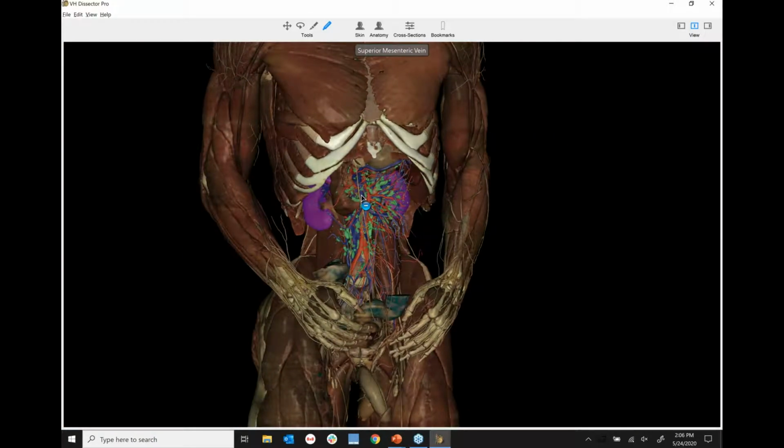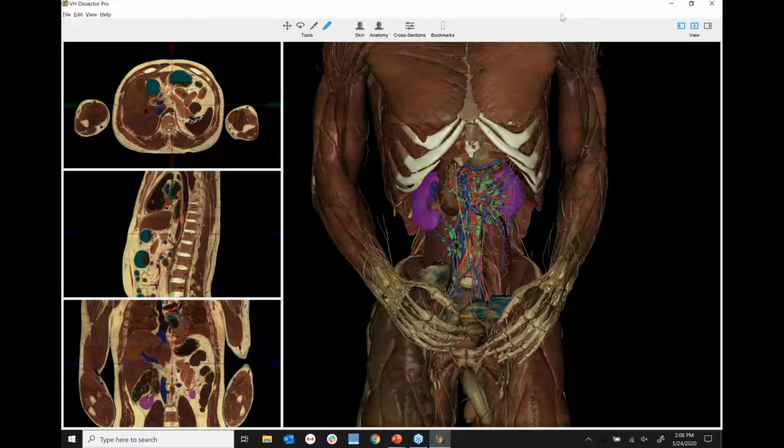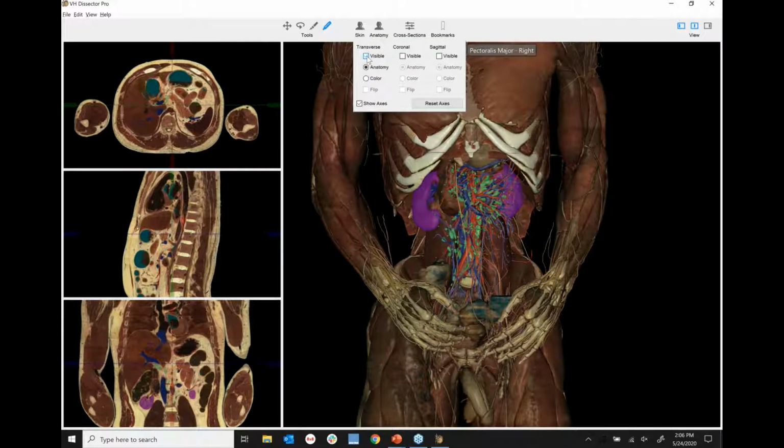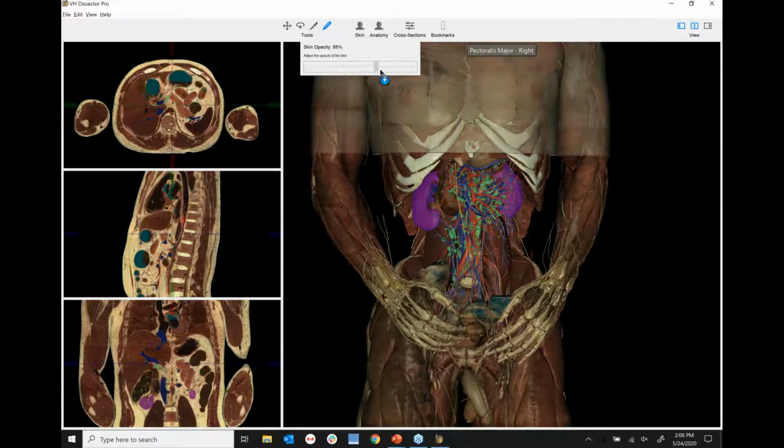As we're learning anatomy in the 3D body, oftentimes we're going to start looking at it cross-sectionally as well. So with the VH Dissector software, we have this nice ability to add in the cross-sections and bring the 3D and the 2D anatomy together. So as students learning anatomy, they have this nice opportunity to work with it and start understanding the structural relationships